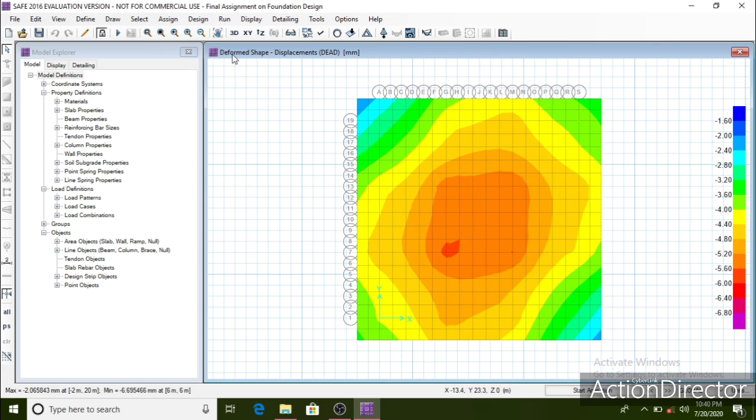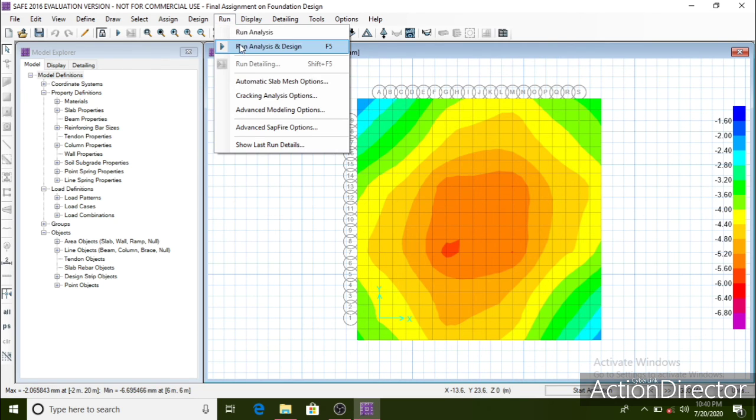So the analysis results are ready. We can see the deformed shape, and if you just move your cursor on the model, you can see the displacement values at various positions of the foundation or the footing. So now again go to run and click on run analysis and design.